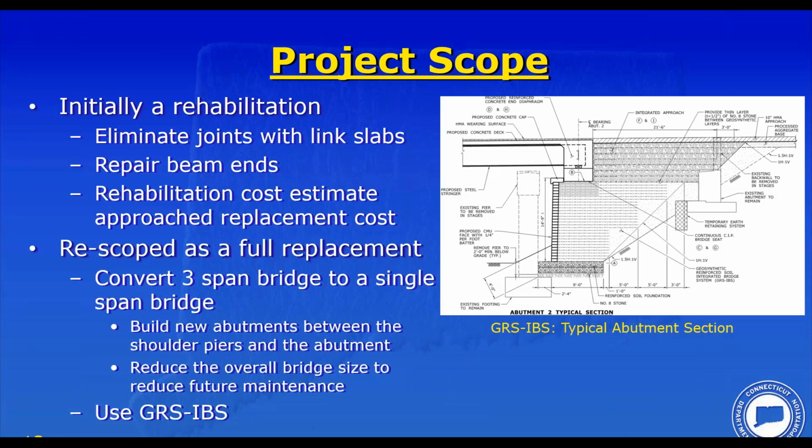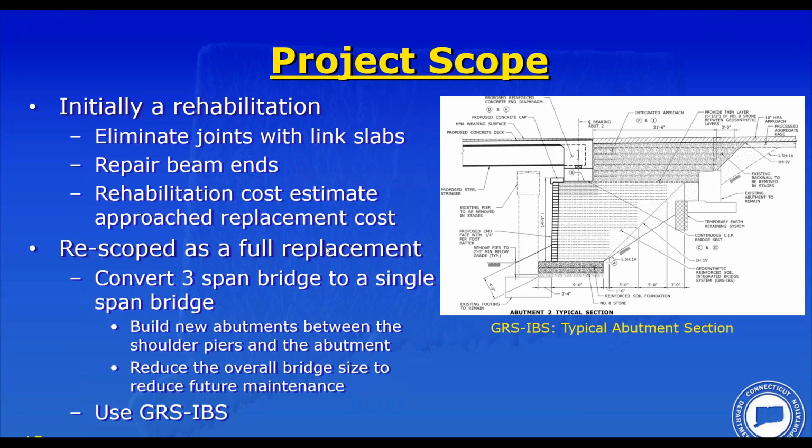So what was the project scope? Initially, it was a rehabilitation. The plan was to eliminate the joints and install link slabs. Sounds like a good idea. Repair the beam ends. Pretty tricky, but we felt we could come up with a repair to fix these beam ends. The problem is that once you removed enough deck to install a link slab, about 20 to 25% of the deck had to come out just to open up the deck enough to build the link slabs. Then you had to repair the beam ends. Then you had to patch the substructure. And looking at life cycle costs, rehabilitation didn't seem to make an awful lot of sense